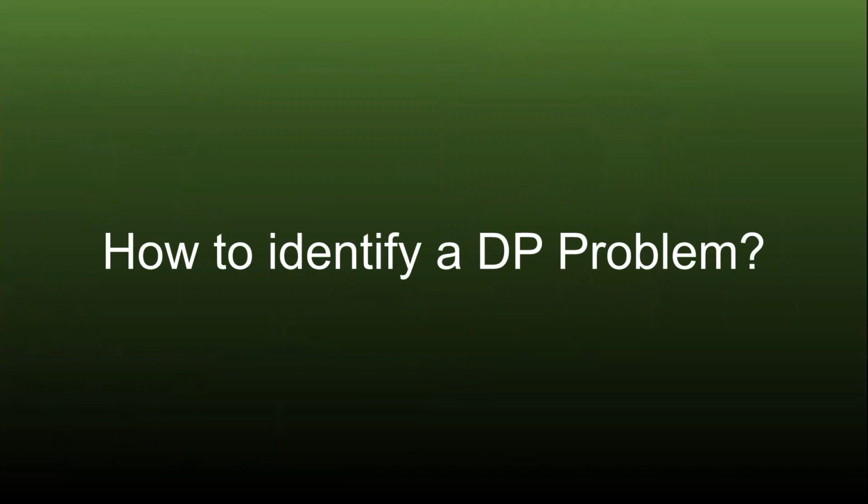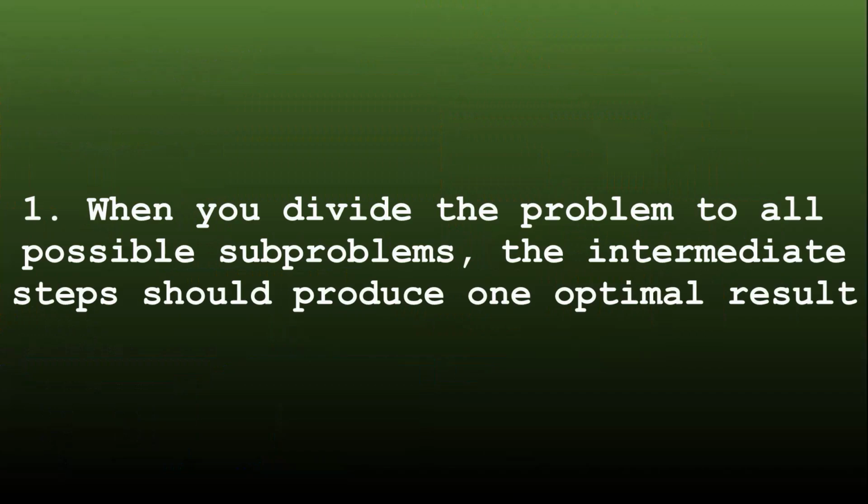You basically have to look for two main conditions. Every subproblem leads to a suboptimal result. If we see that in every step we have to move forward using all the previous scenarios that we have calculated, then it is of no use because we cannot store all the values. It is just a wastage of space. We have to check that each step is producing an optimized value or not.